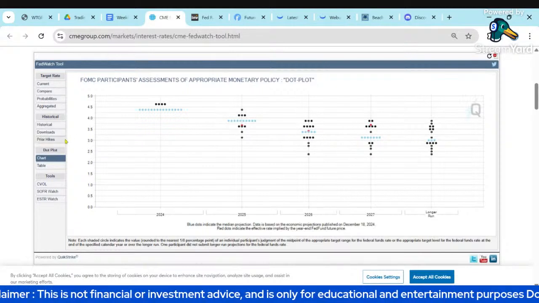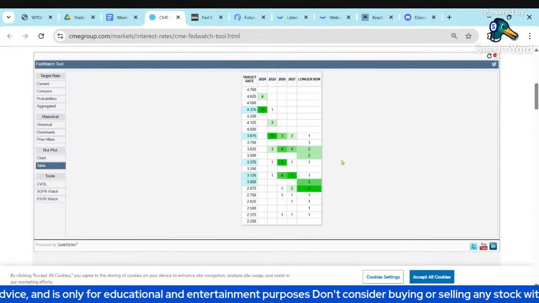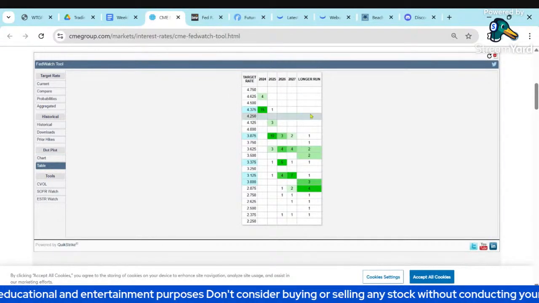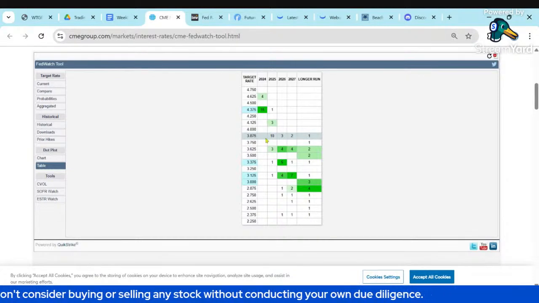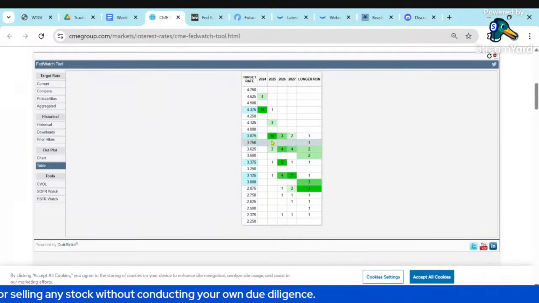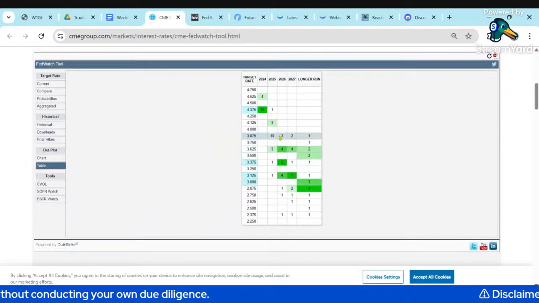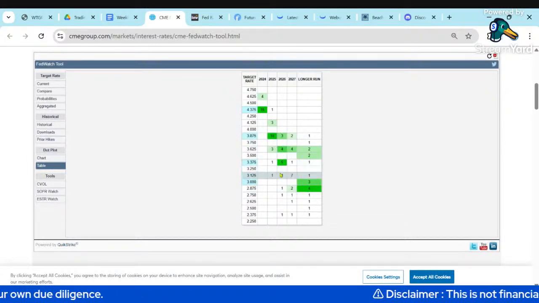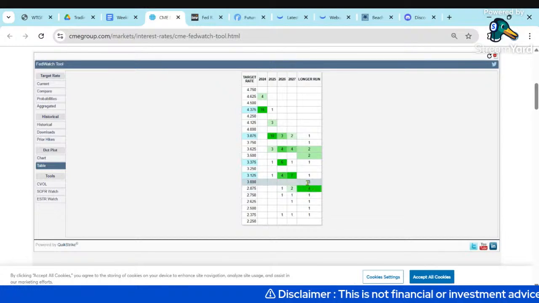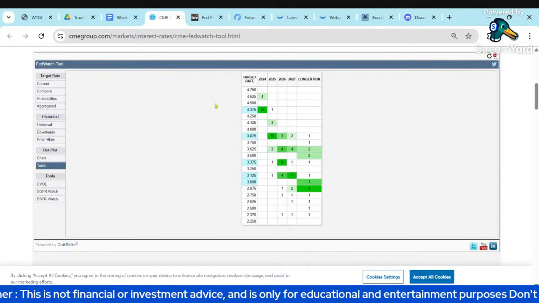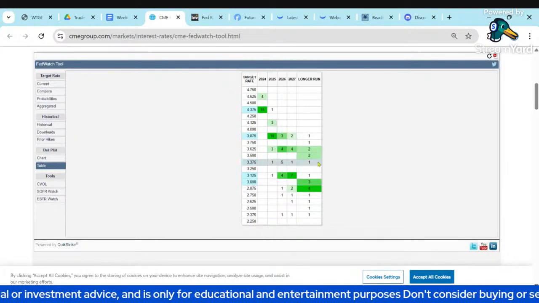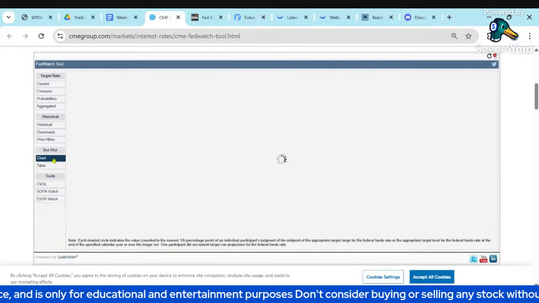So you can also see this in table form. I think the table form is pretty helpful. So again, the highest probability by the end of 2025 previously was below 4%. By 2026, quite a distribution. Then eventually down to 3. Again, we'll see if they flatten this dot plot out. If the near-term rates go up, maybe a curve down towards the longer term.